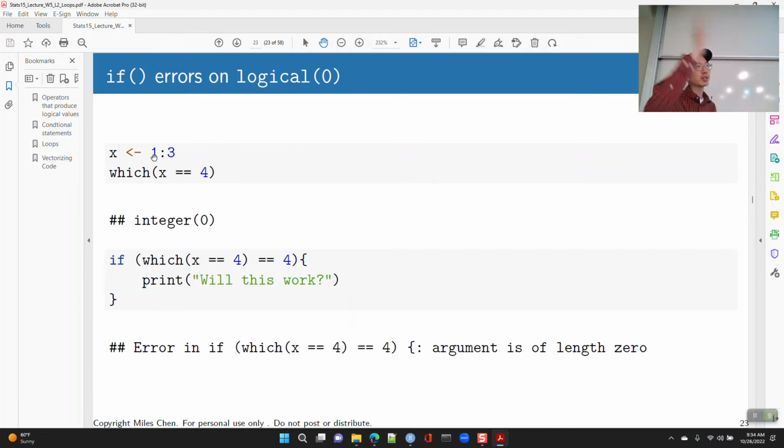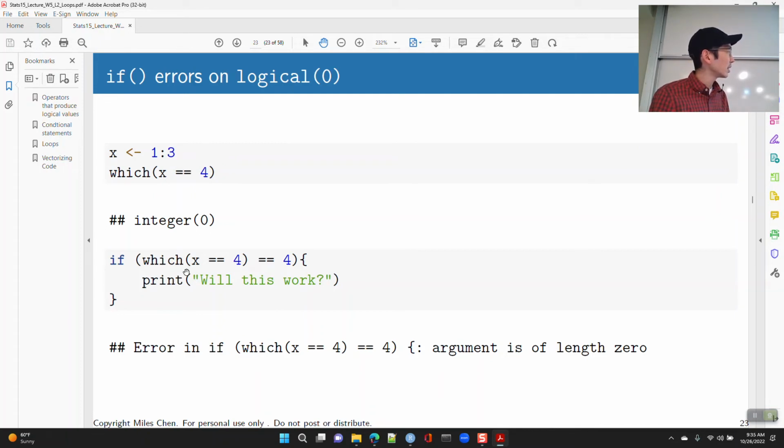If you have a whole bunch of things, you could say which of x is greater than 6, and it'll give you a vector of indexes, of positions of which values in x fit that condition, okay? So in this case, none of the values are equal to 4, so this is an integer 0,